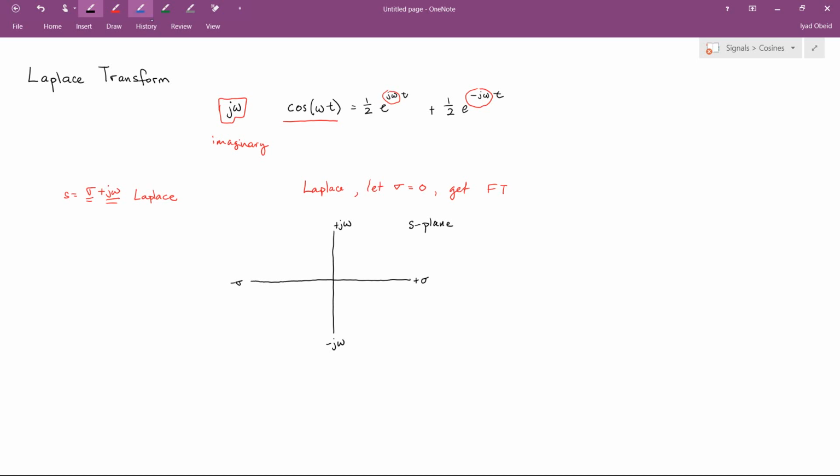Now, before I go on, I want to remind you that we just said a moment ago that if you take the Laplace transform and you let sigma equal 0, you get the Fourier transform. And in the case of the plot, that corresponds to the j omega axis, or the y-axis. So in other words, if you just restrict yourself to the y-axis, that's the Fourier transform. And if you do the full S-plane,